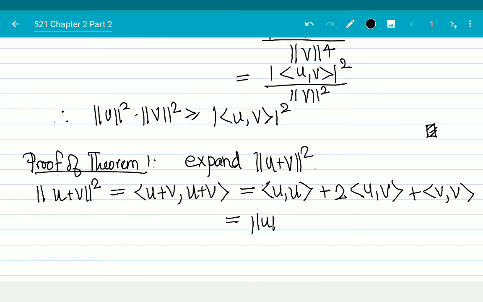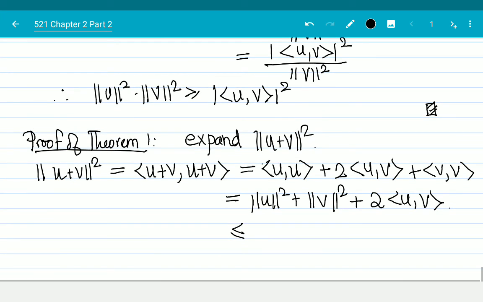Norm of u squared plus norm of v squared, right? Plus 2⟨u, v⟩. Well, now this is smaller than or equal to, if I take the Cauchy-Schwarz inequality right here,